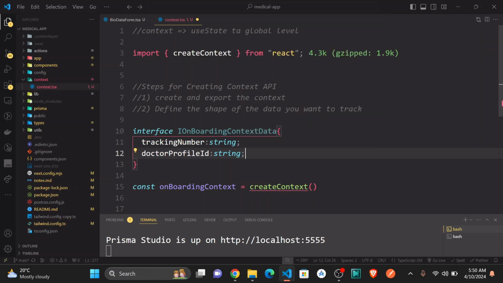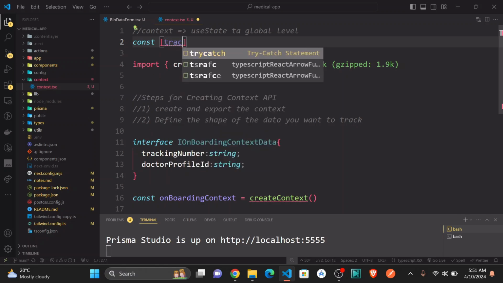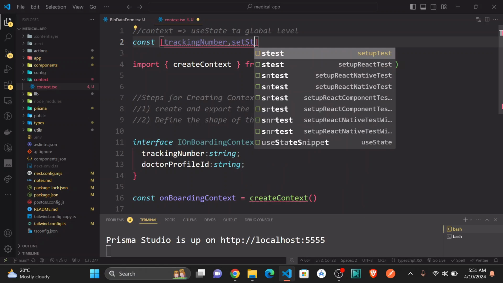Now, as you can see, we don't want only to keep track of these ones. What we mean by keeping track is that I want to get the existing tracking number, or set a new tracking number. That means for each of these ones, if you remember in the context, as I told you here, that context is the same as your state. So at a page level, we could say something like const tracking number, set tracking number